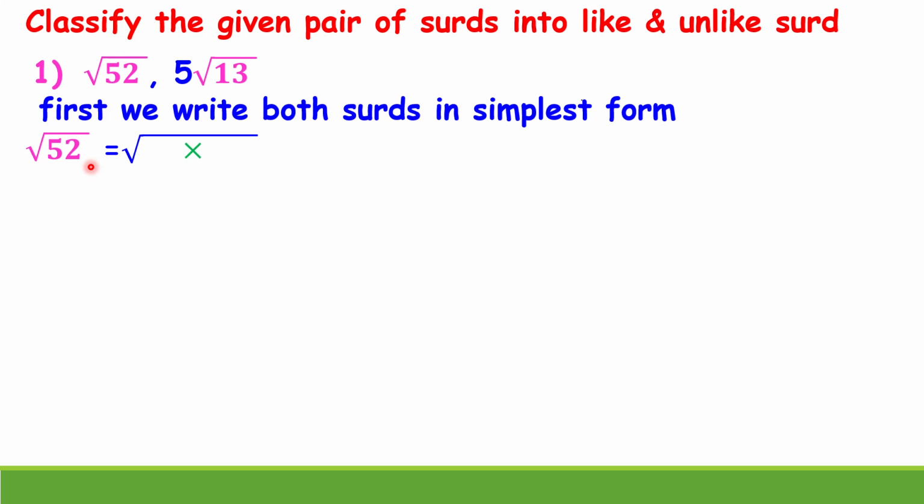First observe the order of the surd. The order of the surd is 2, which is minimum. Now which is the radicand? Yes, 52 is the radicand. Can you split this 52 into two factors? Yes, we split this 52 into two factors. Tell me, 52 will be divided by which perfect square number? Here 52 will be divided by perfect square number 4. Therefore, 52 has two factors 4 and 13. That means square root of 52 is equal to square root of 4 into 13.